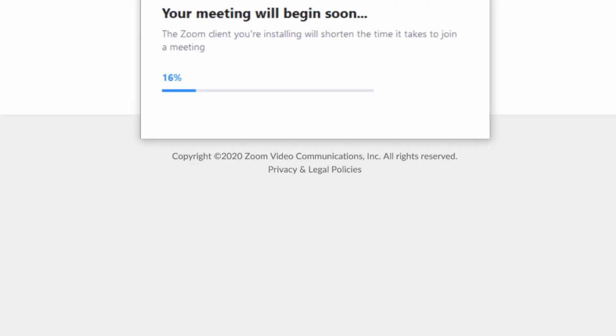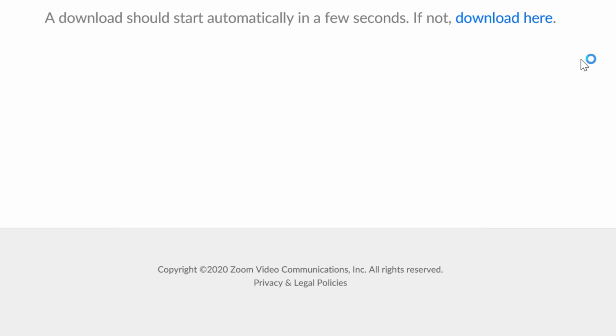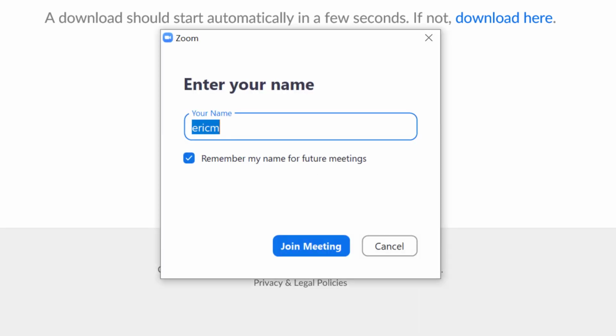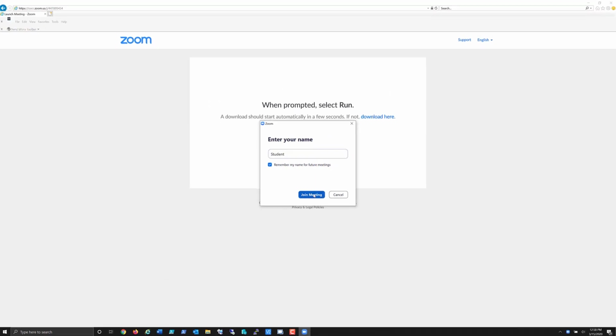So I'm going to choose run, and it is going to go ahead and install the Zoom client onto my machine. Now, of course, I'm in Internet Explorer. I'm using Windows 10 for this demo. So once it installs, it's going to go ahead and dynamically, without me having to restart the browser, start up the meeting, as you'll see there. Now, because I'm an attendee, it's going to ask me for my name. I'm going to put in student, and you'll see why in just a minute,